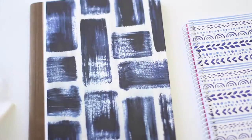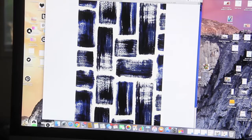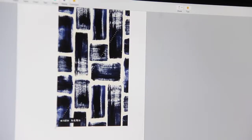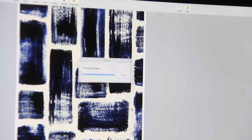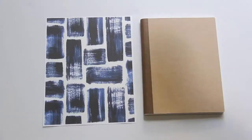For this next DIY, we will be recycling a notebook that I had laying around using some sticker paper. So what you're going to do is find a print or pattern that you really love. I found this on Pinterest. I love indigo ink. And then I'm going to size it so that it is at least as big enough as the notebook itself. I just used this in pictures to make it 9.5 by 11, and then you can